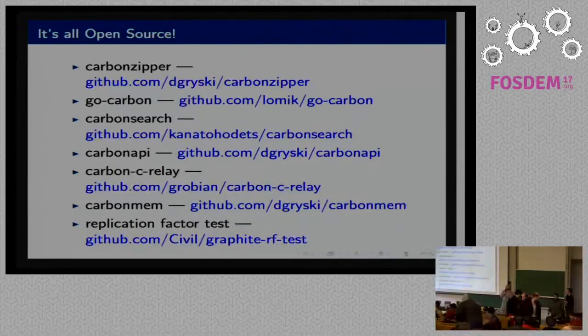Well, we have several retention schemas, depending on the data developers want to send. We have some metrics that are per second. Usually for per second it's something like 1 second for a day, 60 seconds for 2 weeks or something like that. Then 1 hour for several months, like 3 months, and 1 day for 5 years, or basically forever. We're trying to do this forever, but with Whisper you need to define